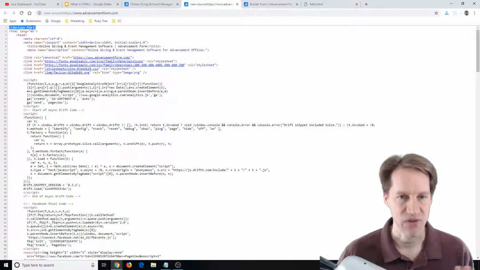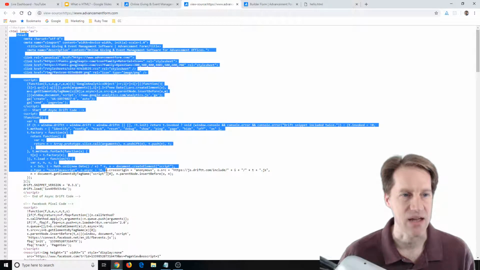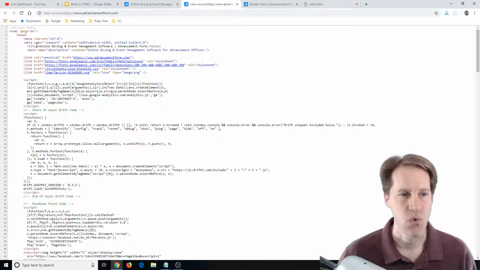You'll see the doctype reference that we saw before. You'll see this is the HTML tag, but it has an additional attribute, language in English. And then here is the head portion. Again, this is the portion that's not shown on the page, but its responsibility is for loading things like fonts. So you can see there's some fonts being pulled in. For doing styling, there's a style sheet. There is an image for what's called a favicon, which is the little icon you'll see at the top in your browser tab,